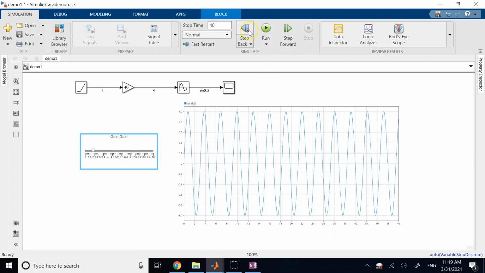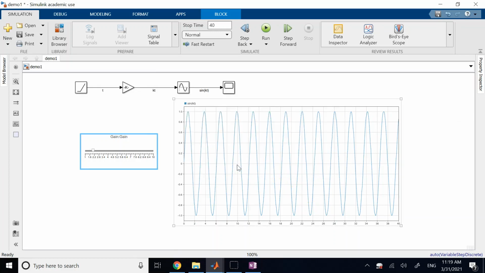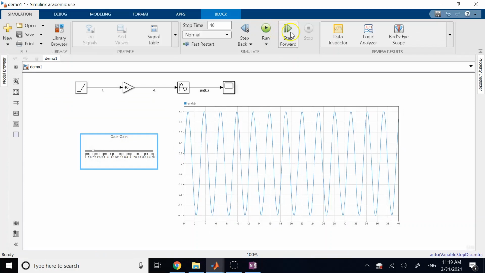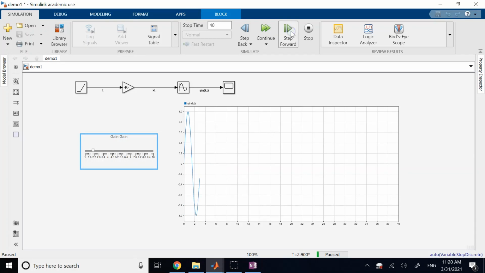For that, you need to look at this guy called step back. And here you say enable step backing, and it says, okay, how many steps do you want to go backward or forward? Say, let's say 10 steps, and you okay that. So now look, when I click on run, okay, now if I want, I can go on step forward, and it's not going to go all the way to 40. So each time I can only go 10 steps here. You see, I'm not going all the way from 0 to 40, and this is using frequency of